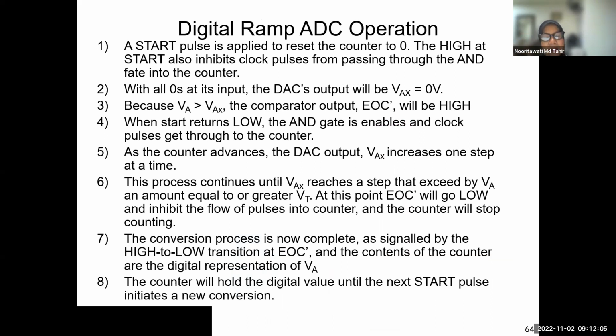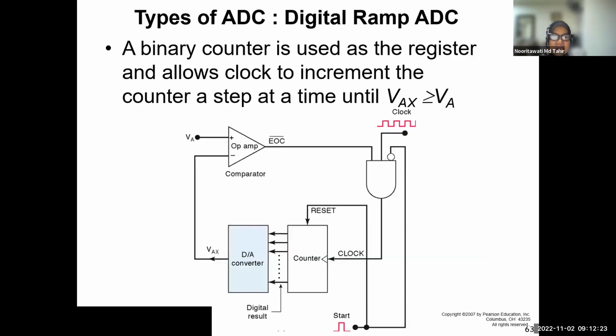So you don't memorize the sentences, yeah, but we need to actually understand how the process goes and how the conversion is being done. The thing that you need to understand is what controls what is here. As long as VA is greater than VAX here, the process continues until and unless VA is equal,